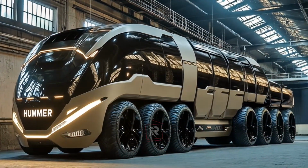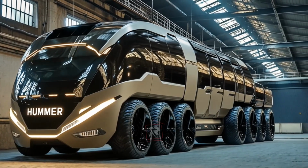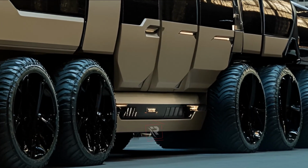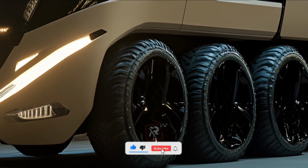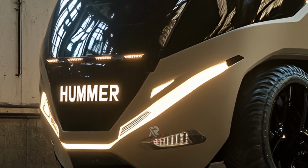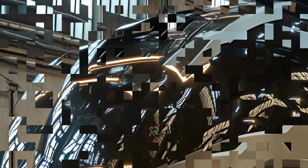Groundbreaking 2027 Hummer Motorhome VIP combines tough power, cutting-edge technology, and first-class comfort. This motorhome redefines travel and luxury for people who refuse to choose between adventure and comfort. The 2027 Hummer Motorhome VIP seamlessly blends off-road prowess and VIP-level pleasure, whether you're on lonely mountain routes or the